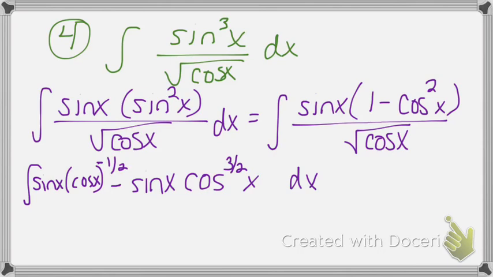Because now it's exactly like the previous problem at the end. It's just that you're going to have a u to the negative 1/2 and a u to the 3/2. And you might have to deal with some negatives here because you use cosine this time. Negative cosine to the negative 1/2 plus 2 plus